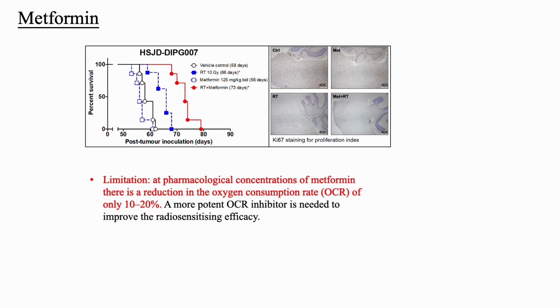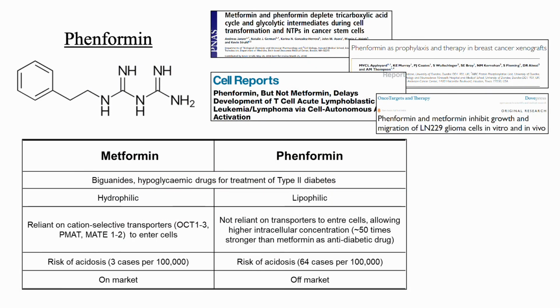So we definitely need a more potent drug to improve this therapeutic strategy. If we look closer at the structure of metformin, we notice that metformin, as a member of biguanide, is a hydrophilic drug. It enters cells by using the cation selective transporters. There's another biguanide derivative called phenformin, which shares a lot of similarities with metformin regarding mode of action when used